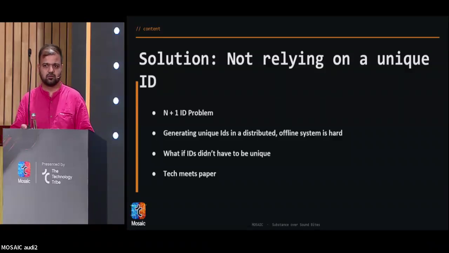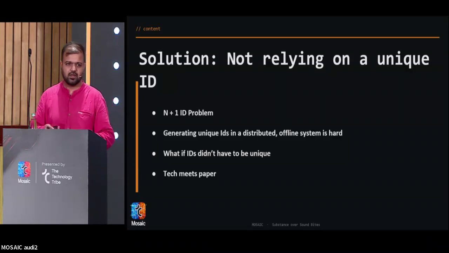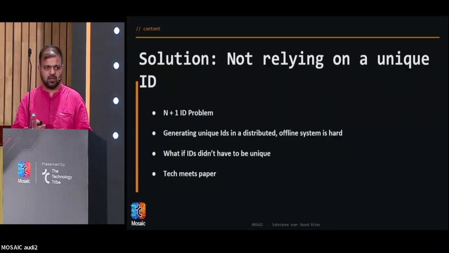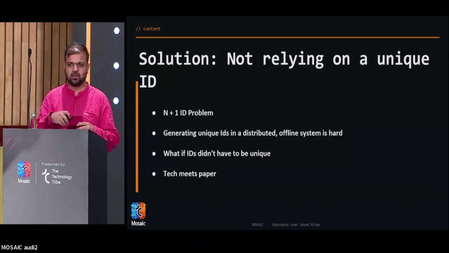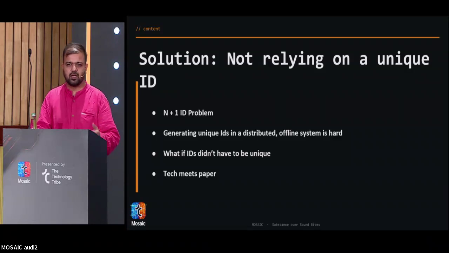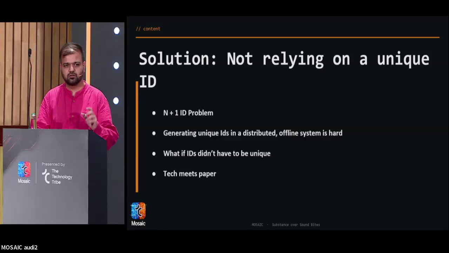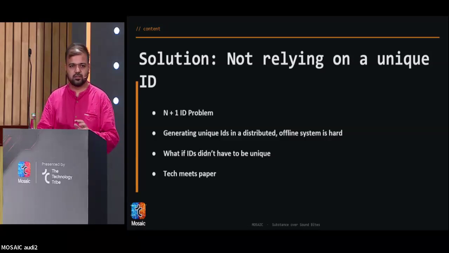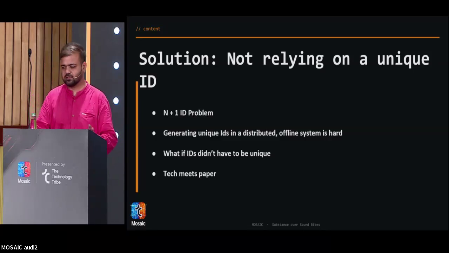So to solve this, we took sort of a counterintuitive approach of assuming that the IDs are not unique in the system. With this assumption, whenever a nurse searches for an ID, they may see more than one patient, and we rely on the nurse or the ASHA worker to disambiguate between which is the correct patient, and this has been working very well for us. In fact, we even don't call them IDs, we call them reference numbers.